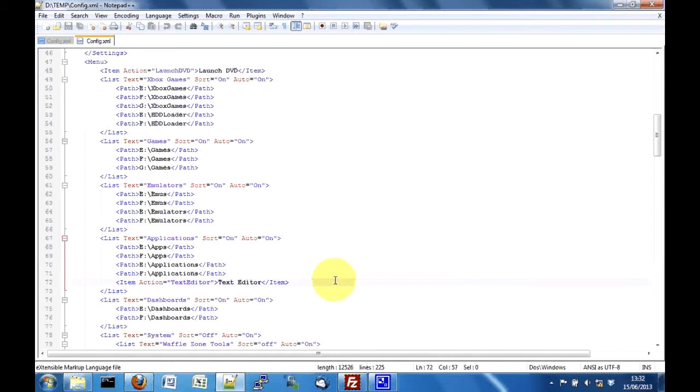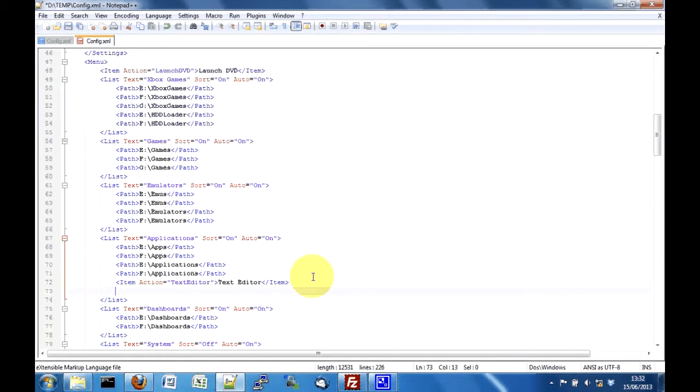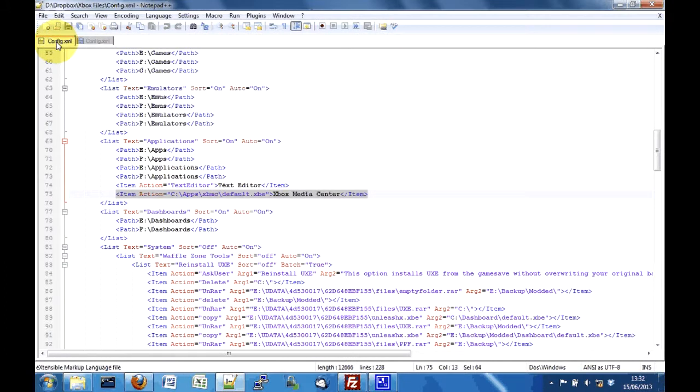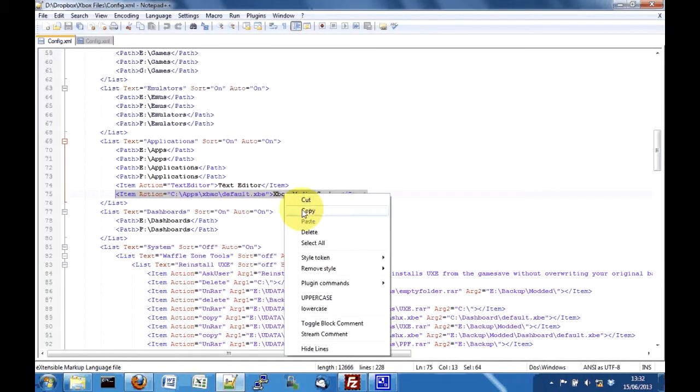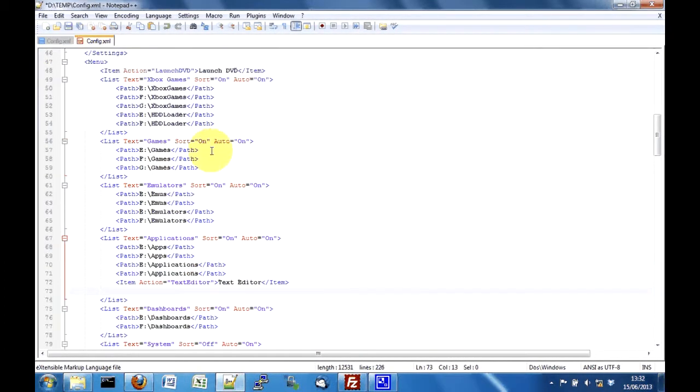Okay, if I just get into Applications, put in a new line, and I'm just going to go to an old copy of the config XML. And I'm just going to copy an item action line out of that and paste it into my new one. So the first thing I've got to do is change that location. That's on the E drive under